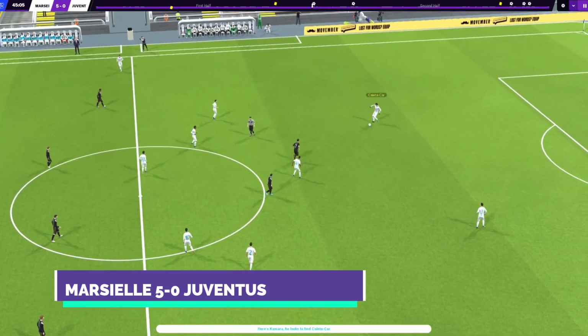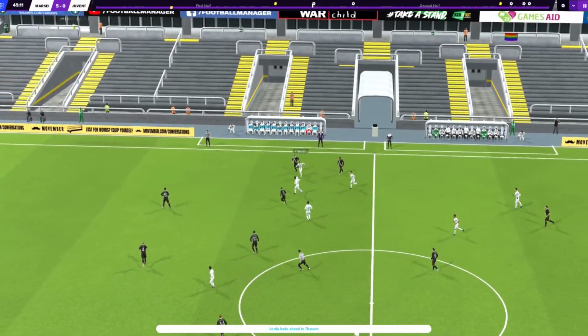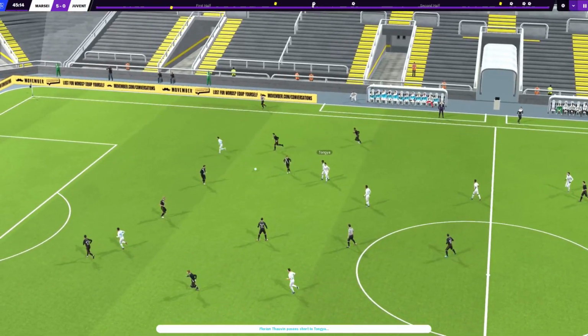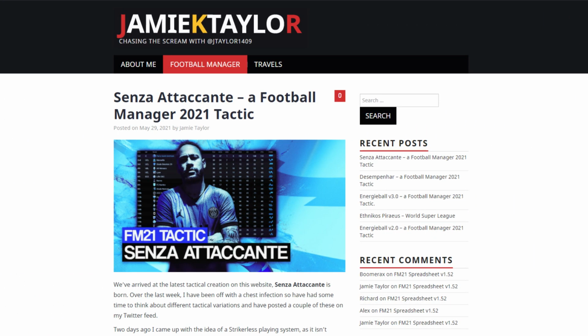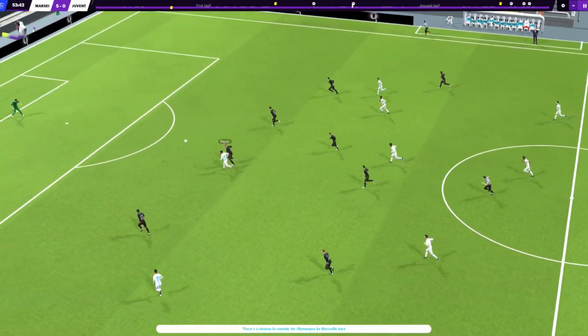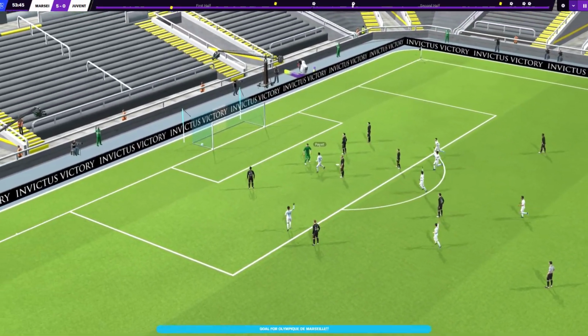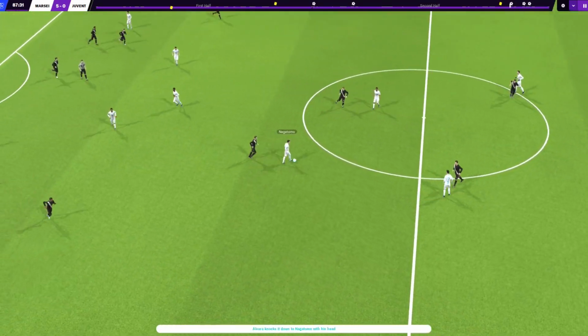My name is RDF, and in today's video we're going to have a look at a very intriguing tactic. It's a downloadable tactic. The link will be in the description, of course. The tactic is created by Jamie Taylor. It's a strikerless system, but a very intriguing one at that. So in this video, we're going to talk about the tactic a little whilst watching some match highlights. We're going to go into Football Manager, look at the tactic of course, and then check the